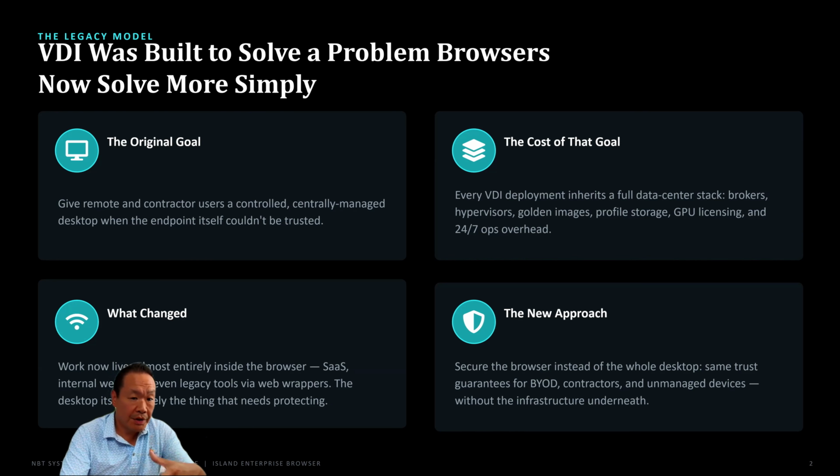So the cost of VDI hasn't changed also, right? You still need almost a full data center stack, hypervisors, images, profile storage. There's still that operations overhead, even though some of the deployment functions have been simplified, but there's still a lot of overhead that is needed to maintain something if you need it for 24 by 7 operations of VDI,